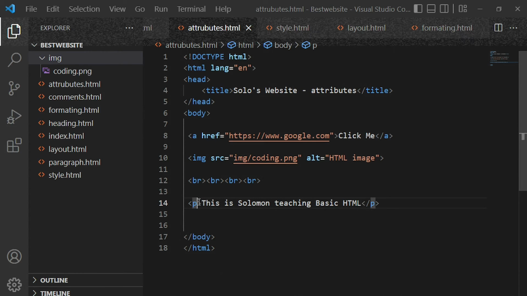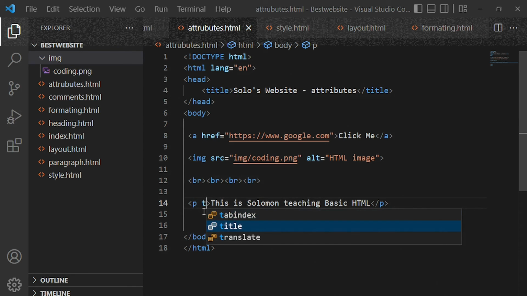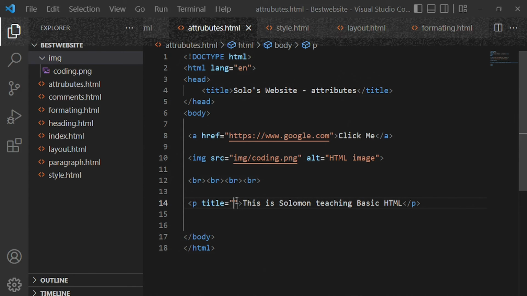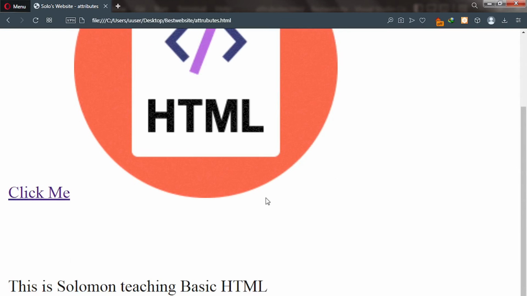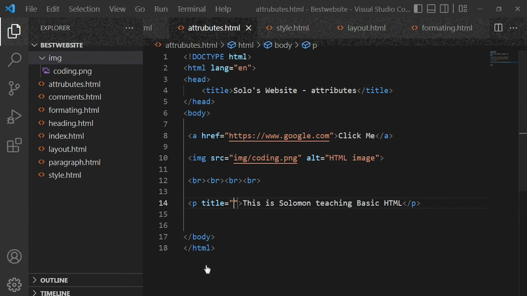So we need to pass our attribute called title. So you put title here. Now after putting title, let's go back to our browser and I'll show you something. So we reload and then scroll down. You can see this is Solomon teaching basic HTML. When you hover on the text, nothing happens, right? Good. Now let's go back to the code and then inside the title, let's put